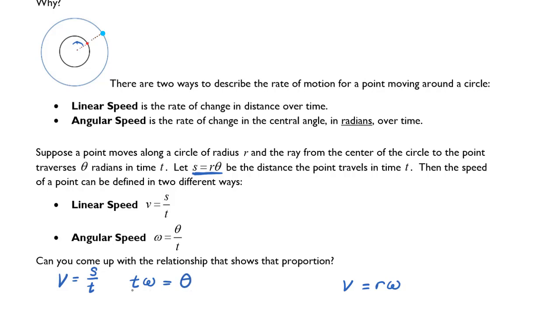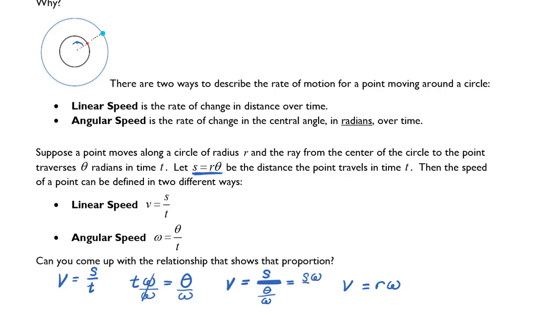Therefore, if I wanted to solve for t, I would divide both sides by omega. And so substituting t into v equals s over t, we will have v equals s over theta over omega, and this will give us s